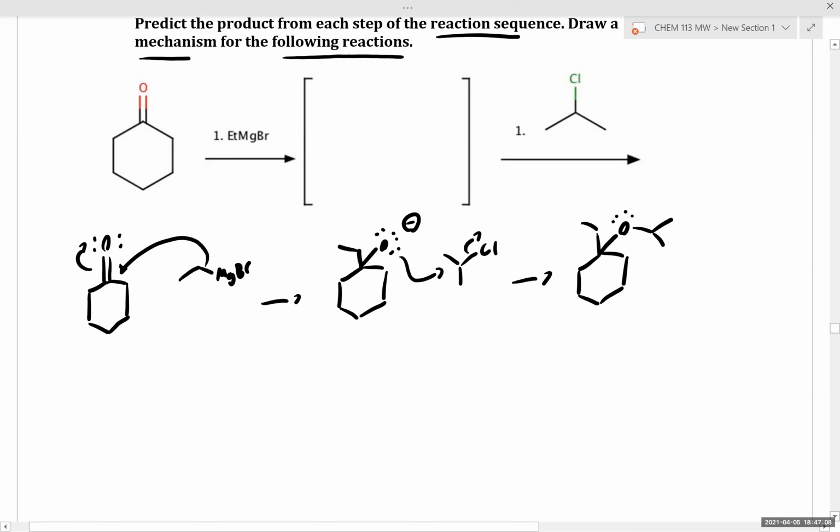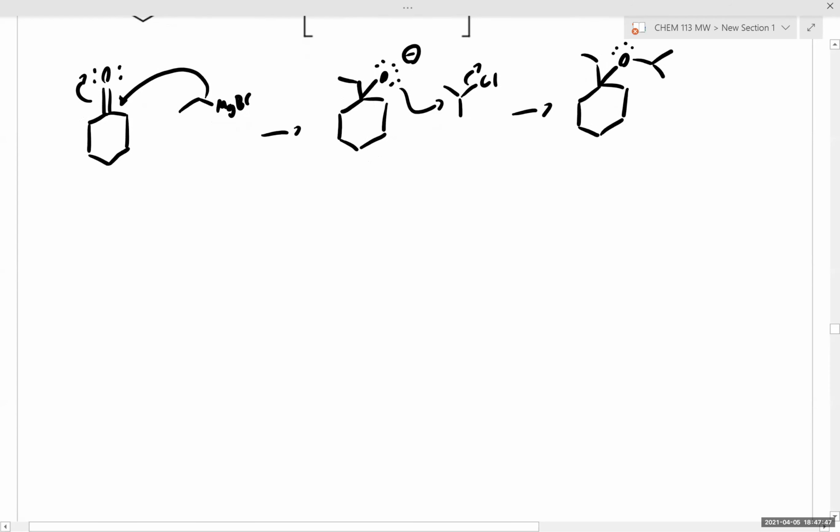So what would go inside the brackets there, Professor? The intermediate in the brackets would be the alkoxide ion generated from the first step. Oh, okay, I see. Any other questions? Okay, so